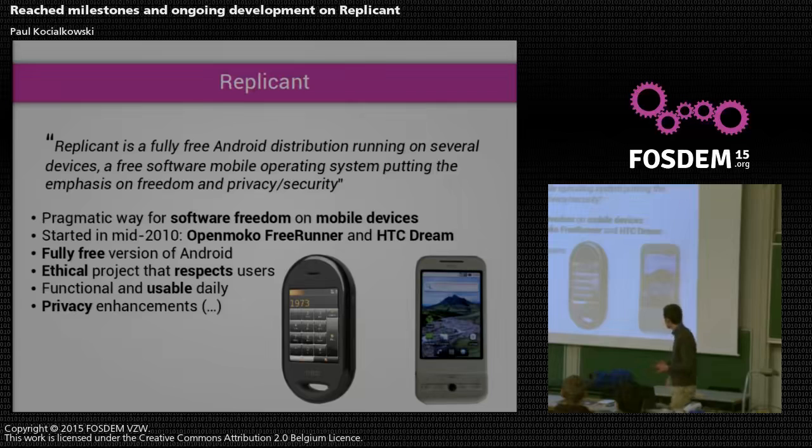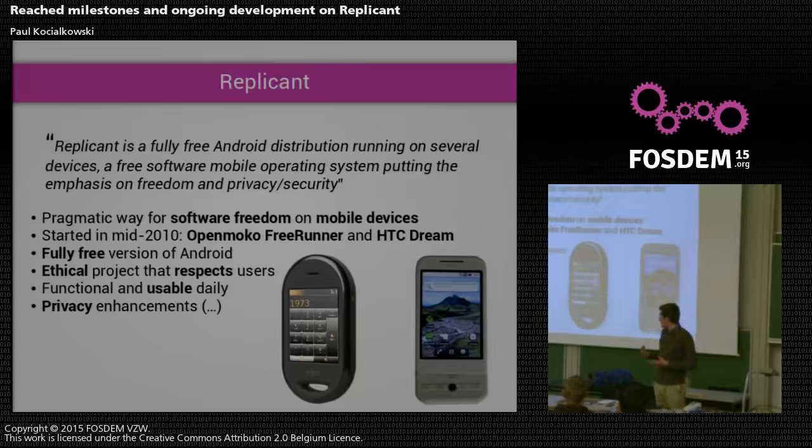It was a really interesting device, and at the same time, Google started the HTC Dream, which is one of the first Android phones, and it got the attention of many developers. So many people were working on that, and some people, mainly from LibrePlanet Italia, thought, hey, let's see if we can run fully free software on that device. Let's see what are the non-free parts that are still needed, and let's try to get rid of them or replace them. So that's how the idea of creating a fully free version of Android came up.